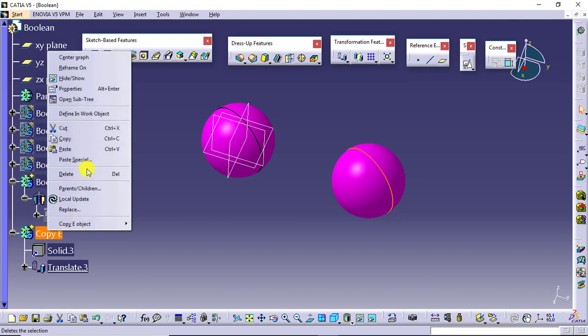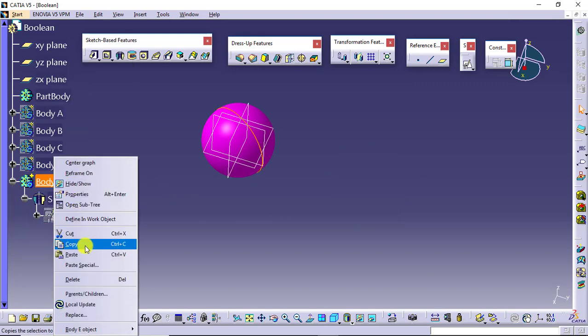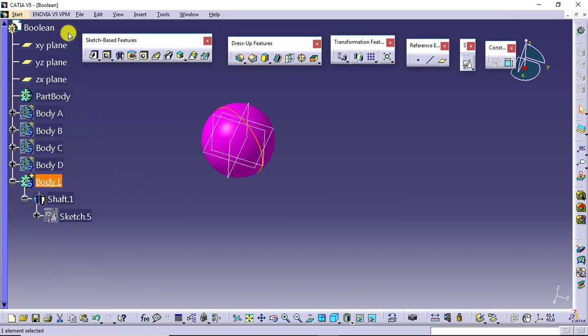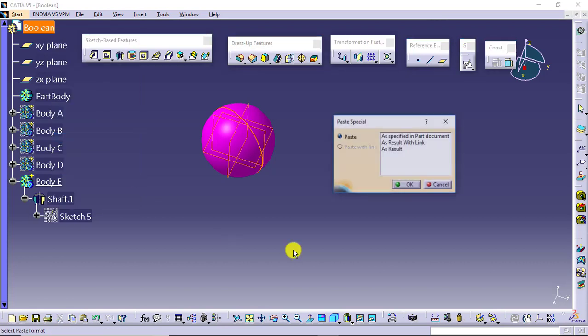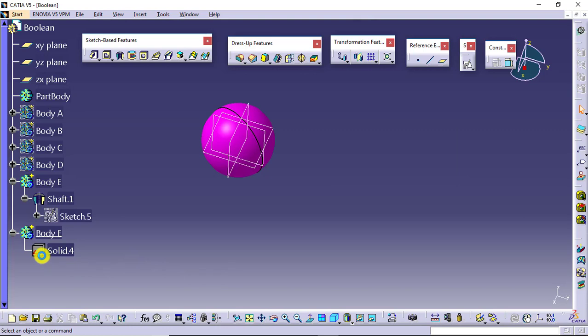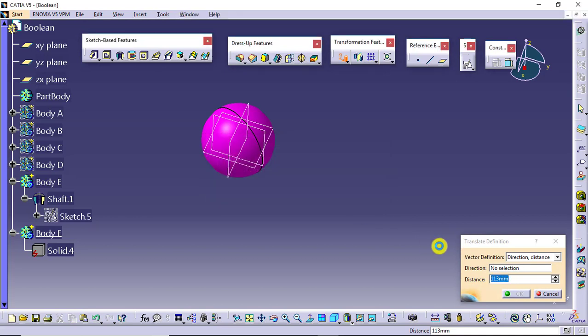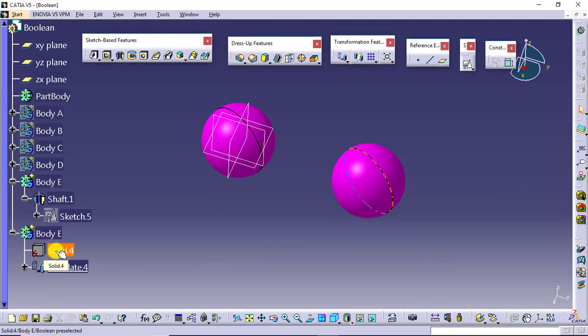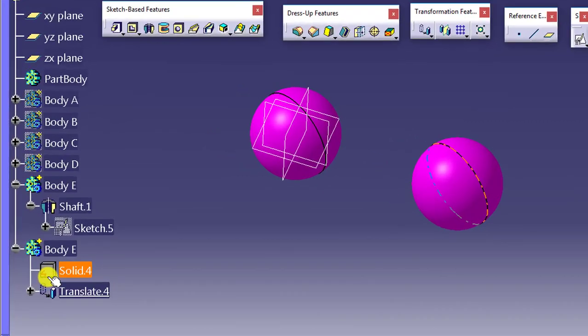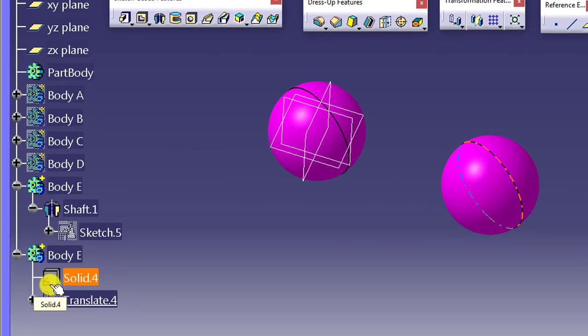Then the last option we have, I will copy this, I will go for paste special as result and OK. Again a non-parametric solid I have. I will apply translation. Yes, a non-parametric solid I have, but the sign is a bit different. Let's modify the parent. Again, you cannot modify the child.